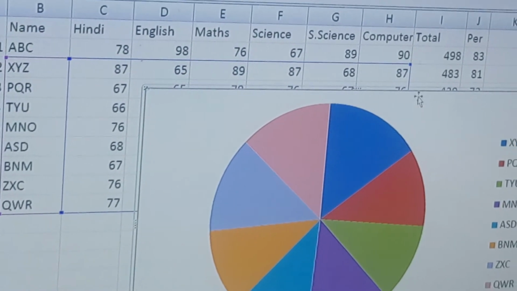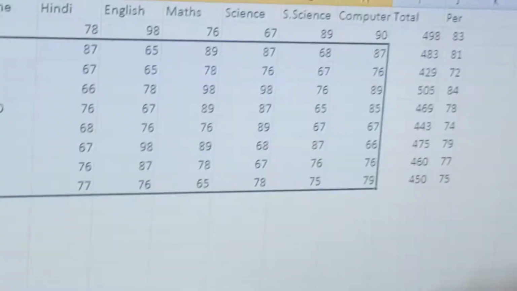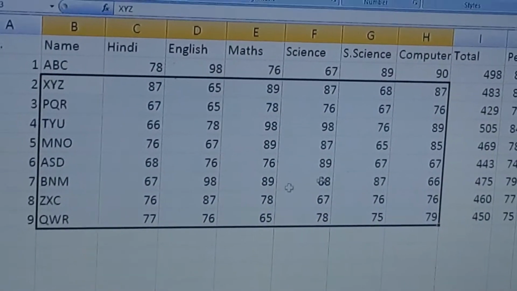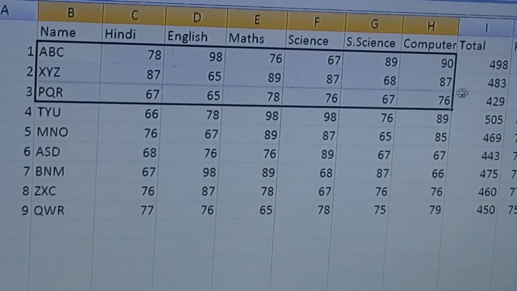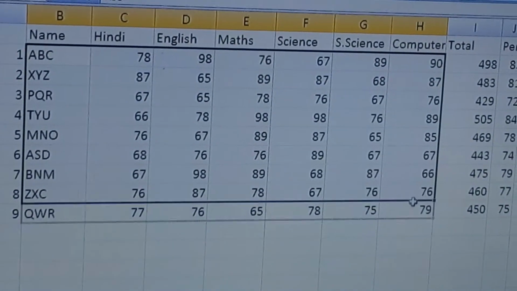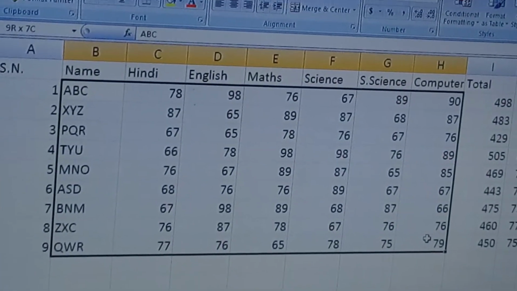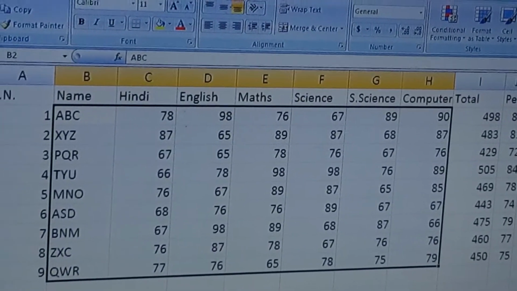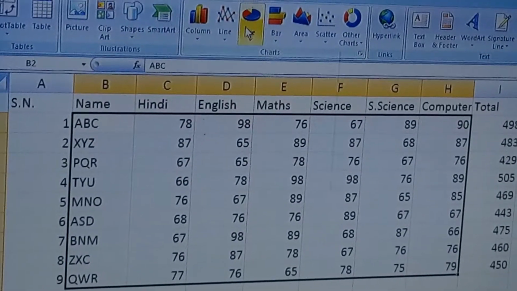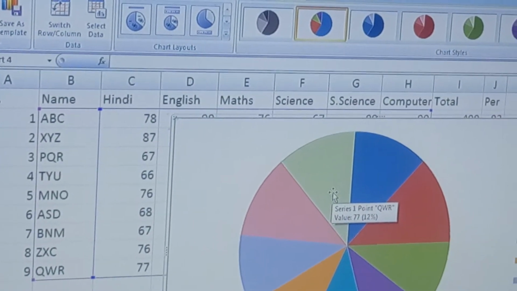It takes the marks of Hindi only. Even though the entire series is selected, it takes the marks only of Hindi. So pie chart works on only a single series, and works on percentage. It shows the percentage.